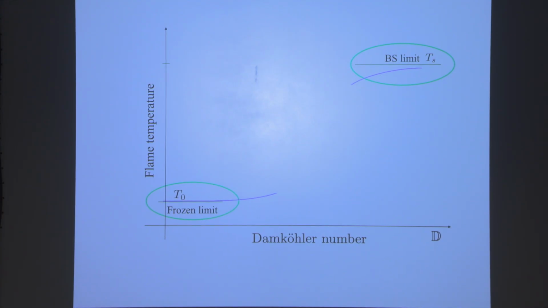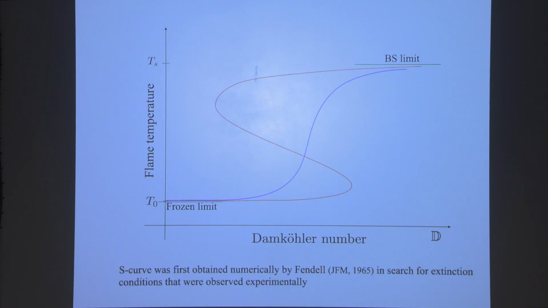But those two eventually connect when the Damköhler number increases from small number to large number. One possibility is that it connects like that, for example. And another possibility is that it turns back and it creates an S-curve. And this is the more common one, really, in